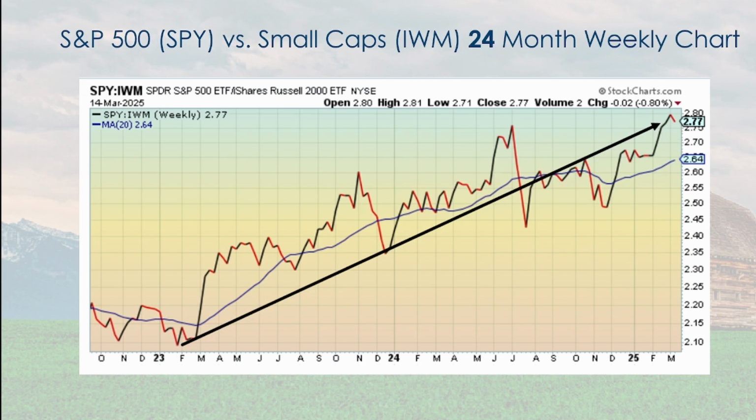S&P 500 versus small caps, the small cap index. IWM is the symbol. And you can see there's a little tick down at the very end. That represents last week. Last week, the Russell was slightly in favor, causing it to go down a little bit. But you can see for 2 or 3 months, probably at least 3 months, it's been mostly on an upward move, meaning large cap has been more in favor than small cap.